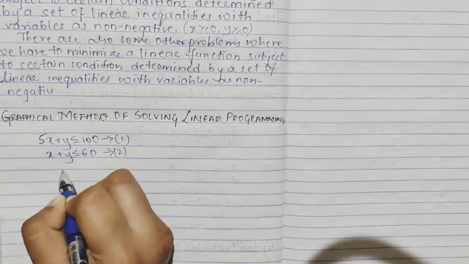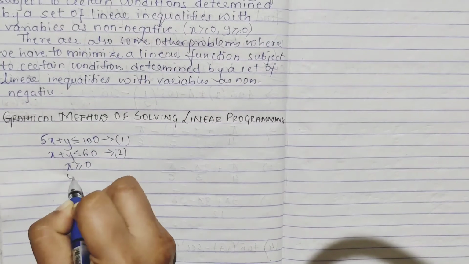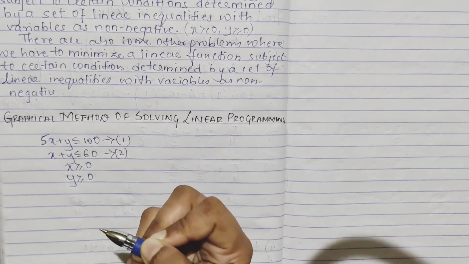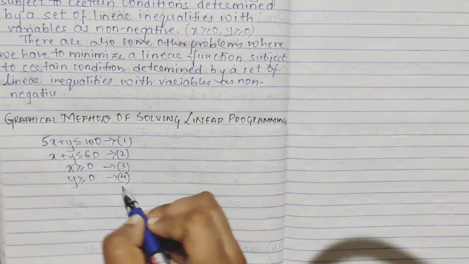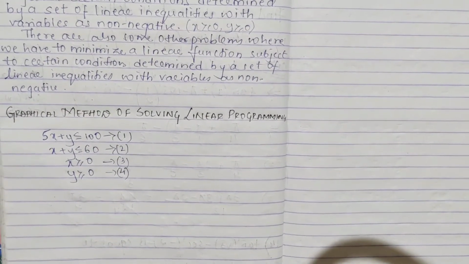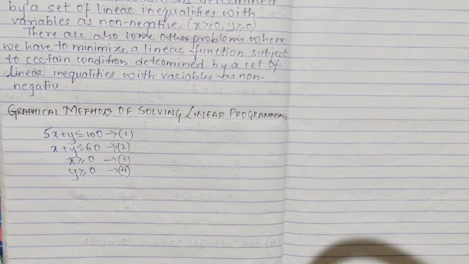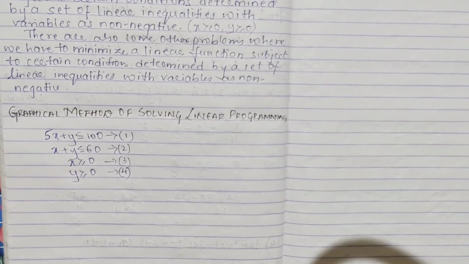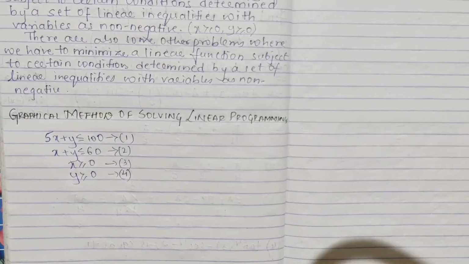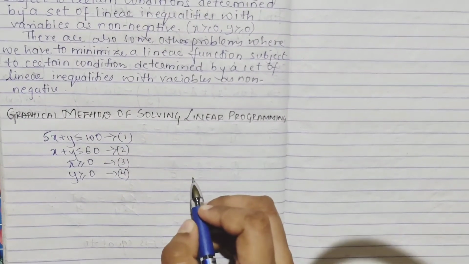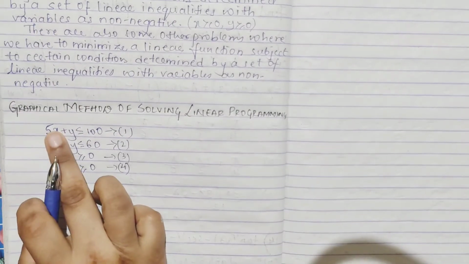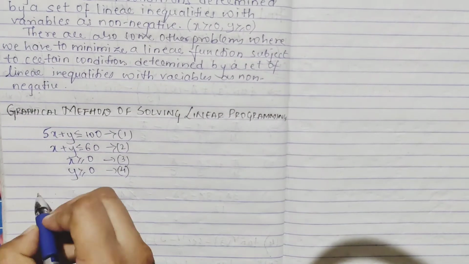This was where one more, and from what they have said, your x and y should be non-negative, so we take this also. Okay, 3 and 4, you should know that x and y should be non-negative, because that also will be considered. Now graphically we have to solve, means we have to take the inequality of this, right? You know how to do it on your number line. Yes, just consider any x or y values and we have to substitute.